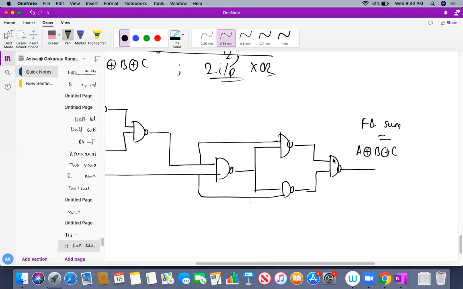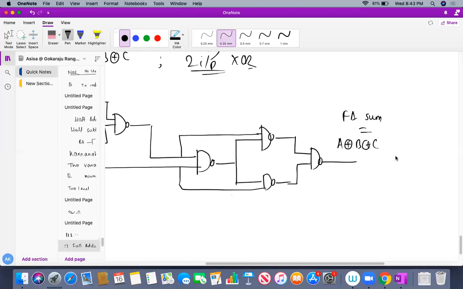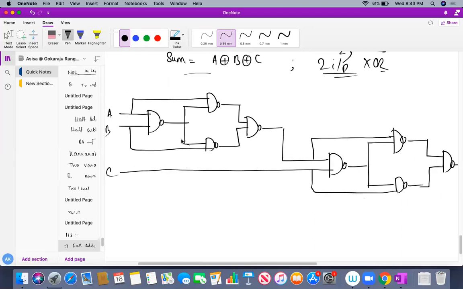Now what I am doing, just see here, very simple. I'm just drawing it, and after that I'll prove it. So this is my (AB) bar. Am I correct, students? I'll change my color so that you can understand better. So this is my (AB) bar. If I take this output, the first NAND gate output, also in the second stage I will take the output from here, another NAND gate. Okay, so what I will do here, I'll just